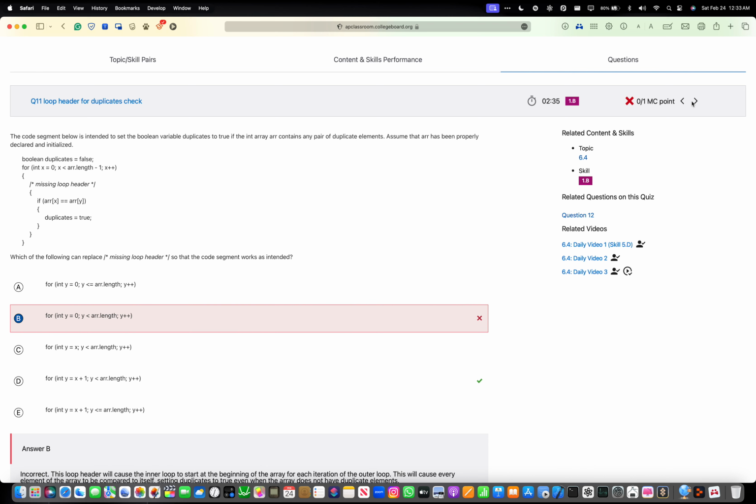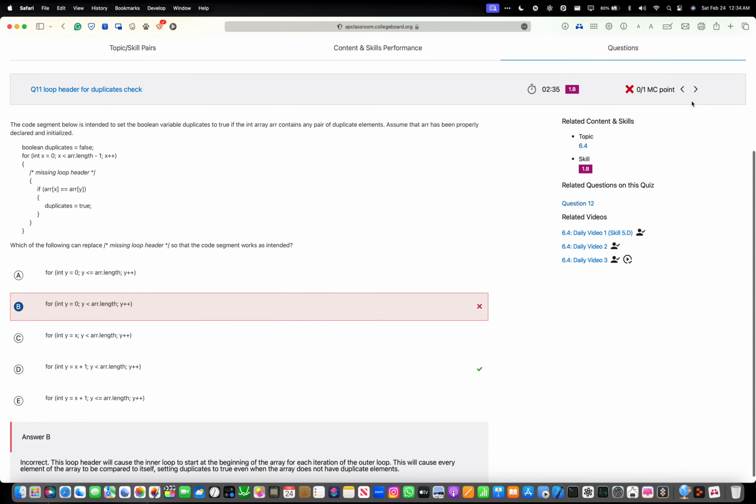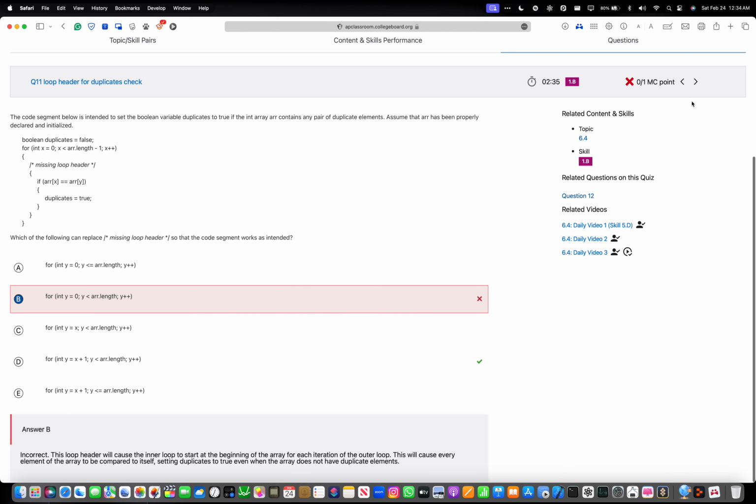The code segment below is intended to set the Boolean value duplicates to true if the int array R contains any pairs of duplicate elements. Assume that R has been properly declared and initialized. Which of the following can replace the missing loop header so the code segment works as intended? I put B, and I thought it was that because I was really unsure because they're all pretty similar, but